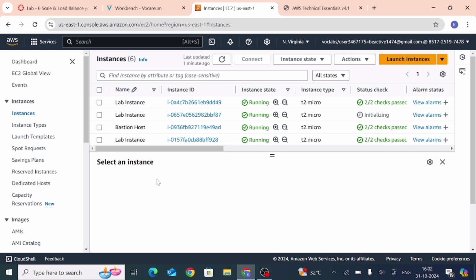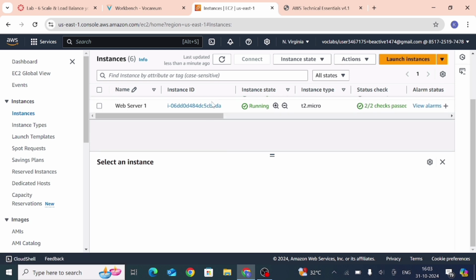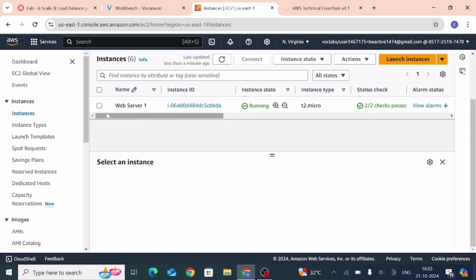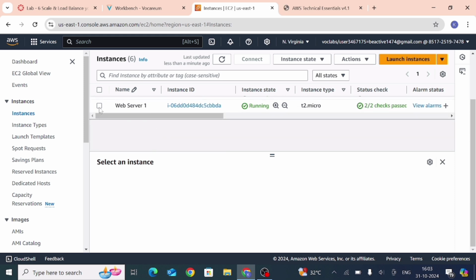So select this web here, and just refresh the page. Here we see the web server 1 at the last. You also check carefully. Here it is. So just click on web server 1.